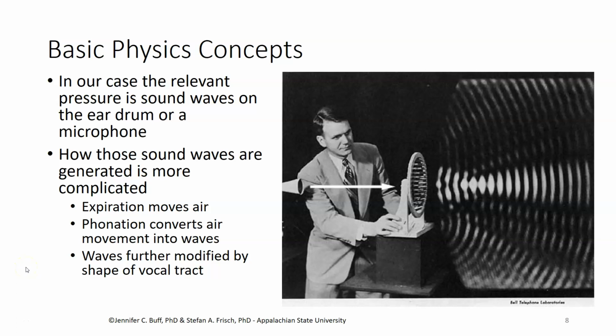The image on the right-hand side of this slide is an attempt at a visualization of what sound would be like. We have a tube that comes out of nowhere on the left side next to the guy's shoulder. Presumably that's creating airflow that hits that round thing that looks a little bit like a fan, whatever it is. Presumably that airflow causes vibration, and that vibration results in sound that radiates away from the fan-looking thing in waves. You can't actually see sound, but if you could, that's kind of what it would look like.